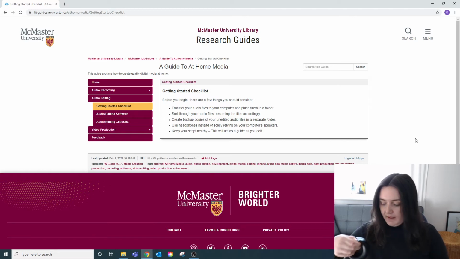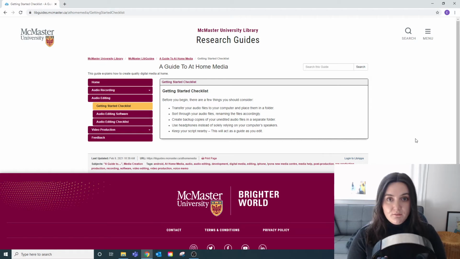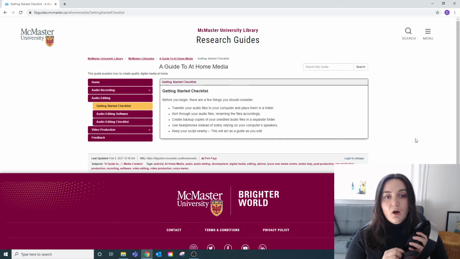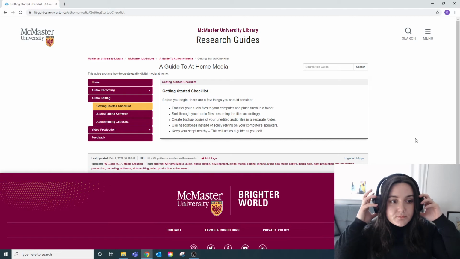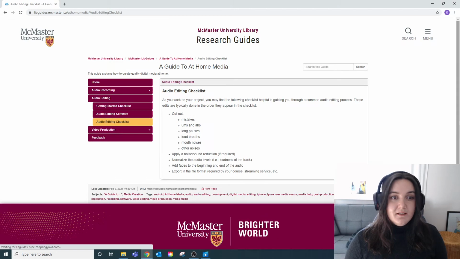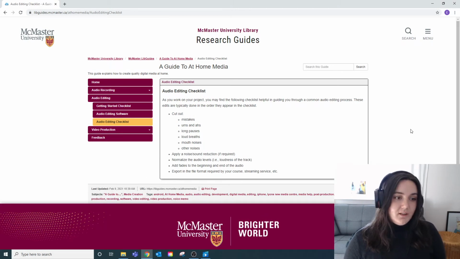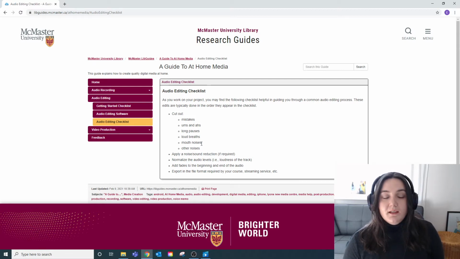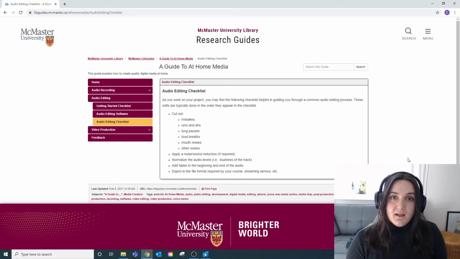And another key item is to put on headphones when you edit your audio instead of relying on your computer speakers. Another section in this LibGuide is called the audio editing checklist. And this breaks down common steps in the audio editing process and lists them in the order that they should be completed. So this is a good spot to check if you don't remember where to begin in your audio